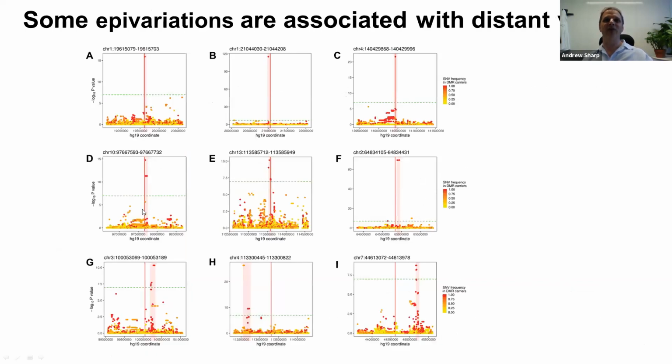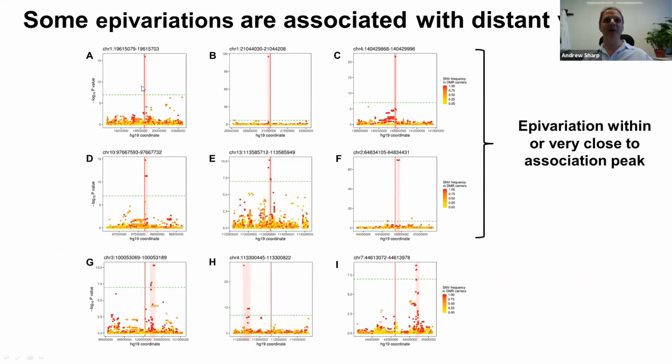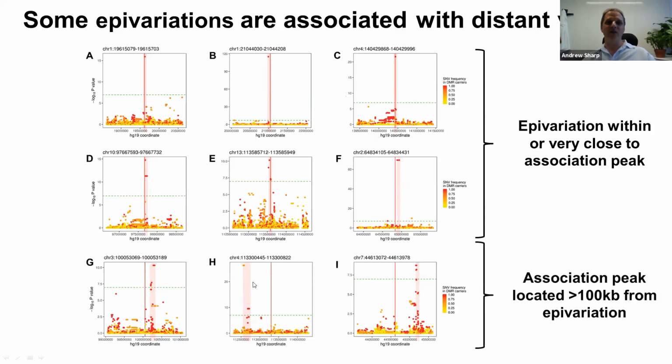Just to give you a few more examples, here I'm showing you 9 more plots of these associations that we get. The top 6 here, what we typically observed is that the region of association was physically overlapping, or for example here, very, very close to the epivariation. So telling us that there is some genetic variant either within or very close to the epivariation itself that's causing that. But at the bottom, here's 3 examples of epivariants where in some cases we have association signals more than 500 kb away. So in some cases there can be quite distant sequence variation that's causing an epigenetic change somewhere else on the chromosome.